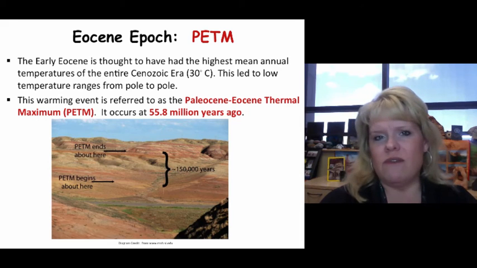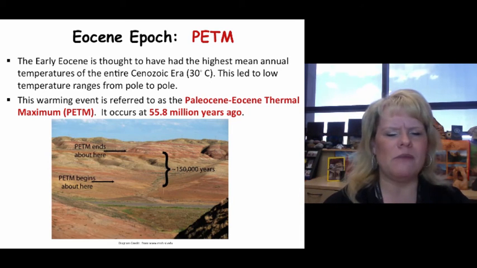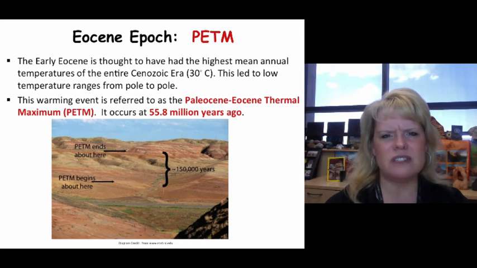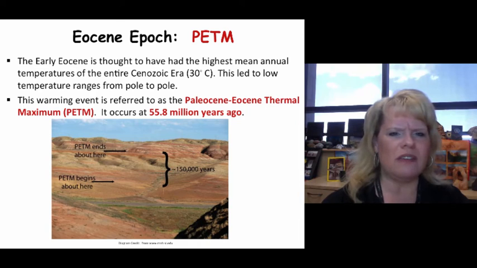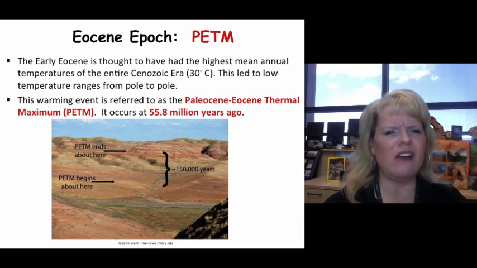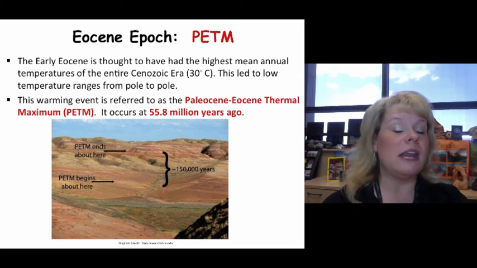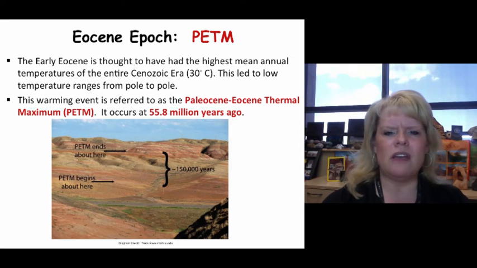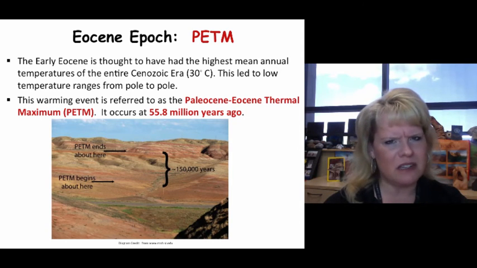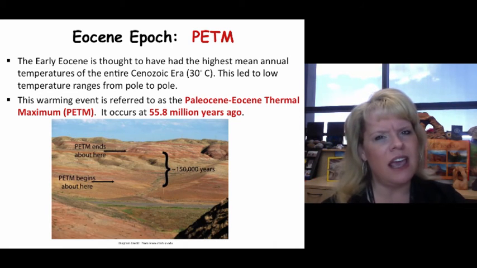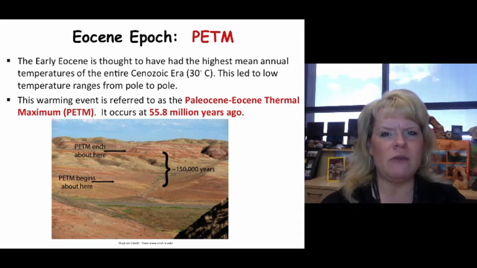And it wasn't a very long event, but nevertheless, here's what happened. We changed the climate very fast, and we'll talk about one of the reasons it happened in just a second. But what you need to know is that we had the highest mean average world temperature of the Cenozoic era during this time. And it impacted plants and animals substantially. So it's a scary thing, because from pole to pole these temperature ranges change. That makes the PETM a very good case study for what could happen with carbon concentrations in our current-day atmosphere.